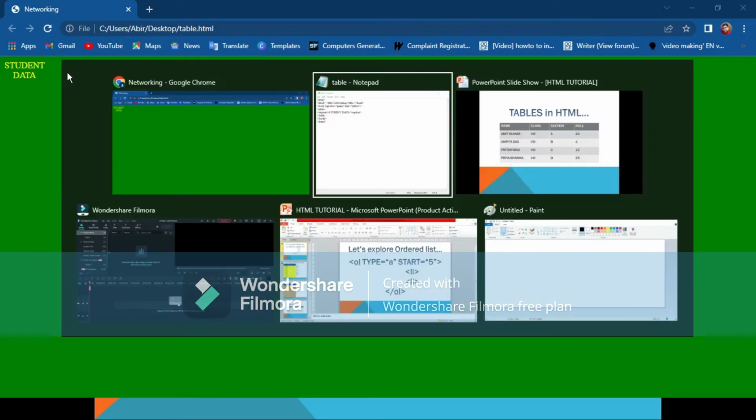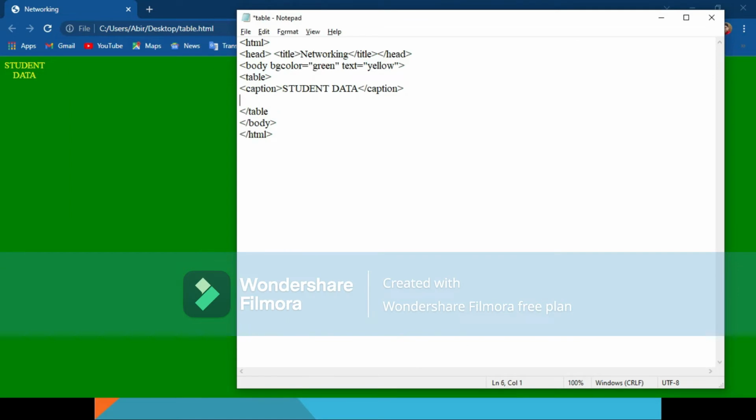Now let us explore it a little bit more. Means we have provided the caption already. Now what we are going to do is we are going to create the table structure, and already I have said that table is divided in rows and column. So first we are going to give the headings. So heading will come under the tag called as th, table header. Under that suppose I have written name,